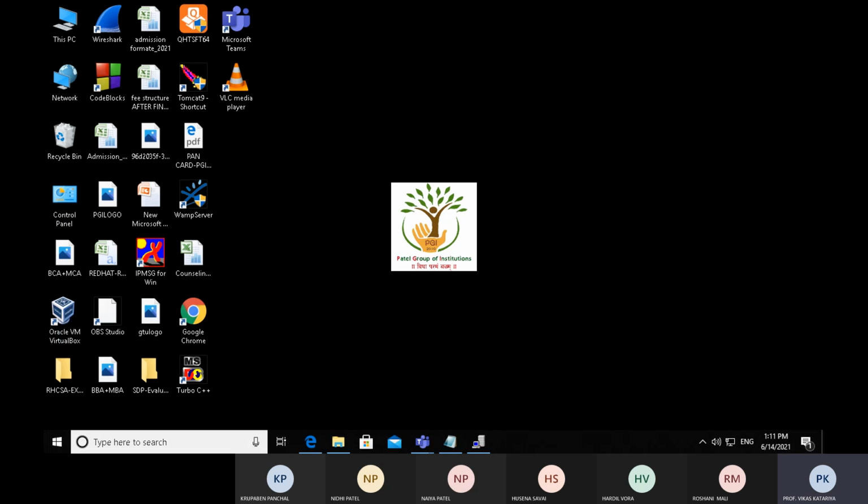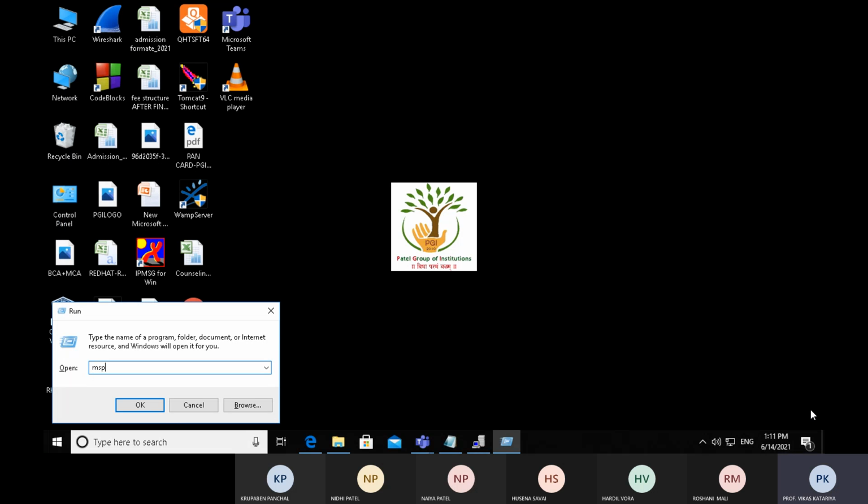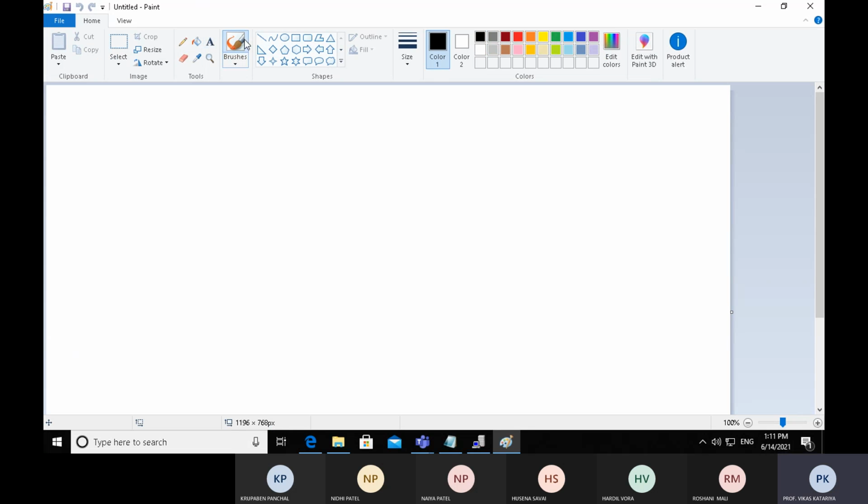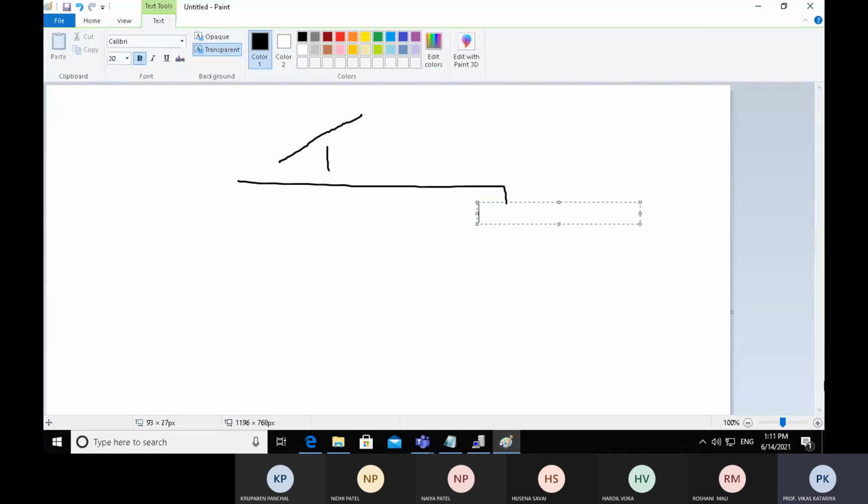So graphically, this is the root directory, this is the home directory under the root directory, and in the home directory there are so many users. Let's suppose there is a user named 1.